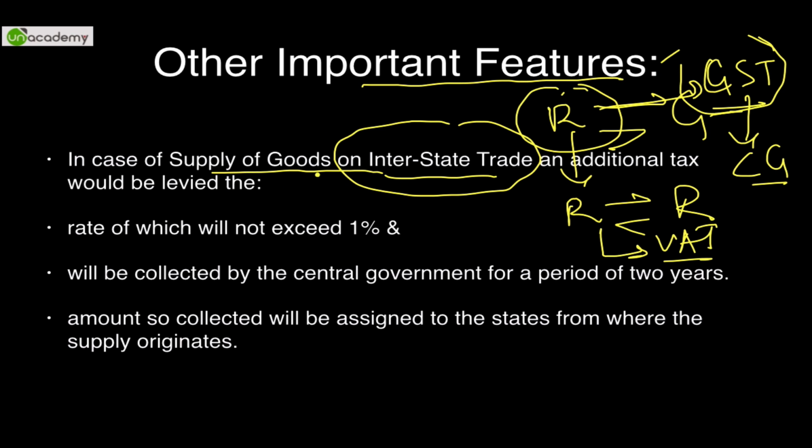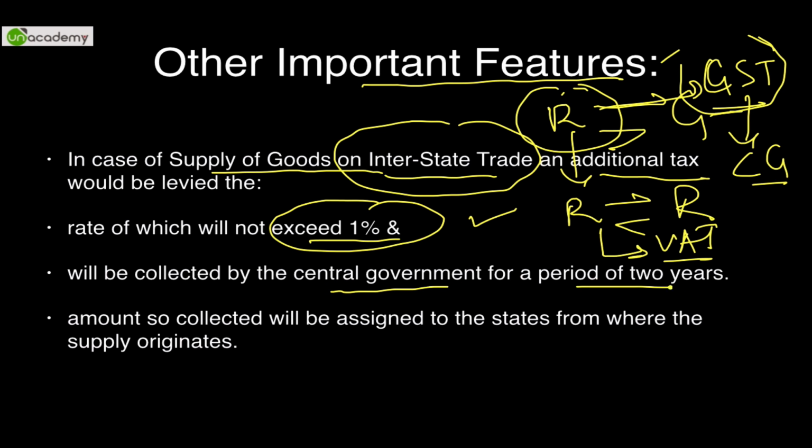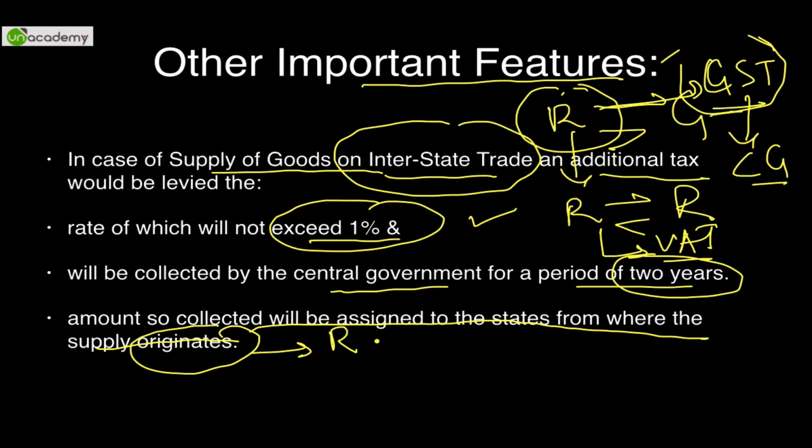So in case of supply of goods on interstate trade, an additional tax would be levied at the rate of 1%, and this is the maximum that has been proposed. It will be less than this. This will be collected by the central government for a period of 2 years, first 2 years from the time GST is implemented. The amount so collected will be assigned to the states from where the supply originates. So as I told you, origination state, that is Rajasthan in case of our example, will get hold of this